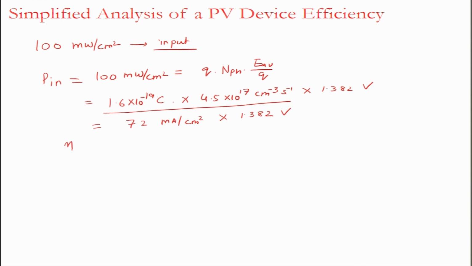And so, if I write eta, this is equal to JSC divided by 72 milliamps per centimeter square multiplied by VOC divided by 1.382, both in volts, multiplied by the fill factor, all right. Now, this can be further broken down. I can write JSC as q times the integral from Eg to infinity of N photon, the number of photons, dE, basically the photon flux,